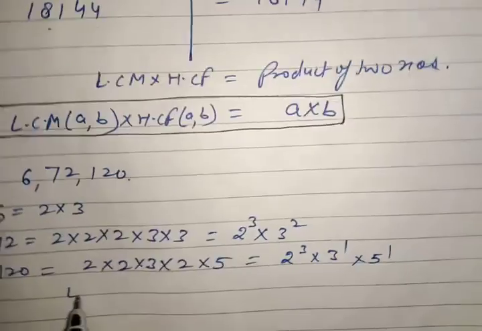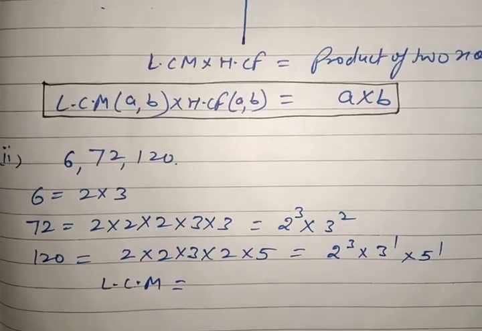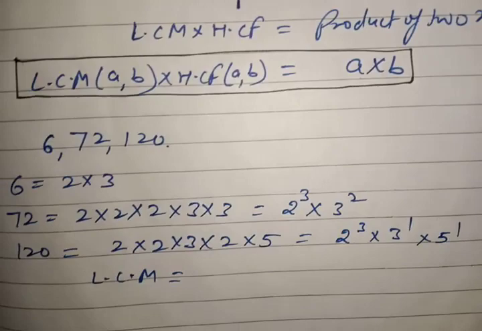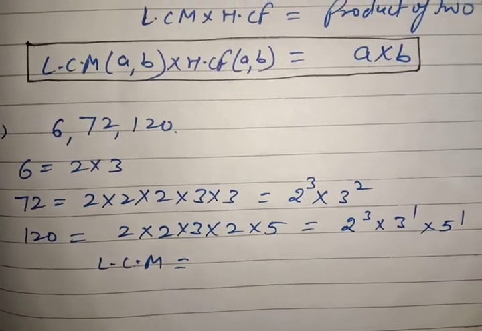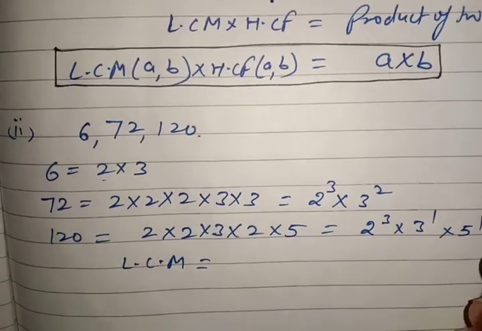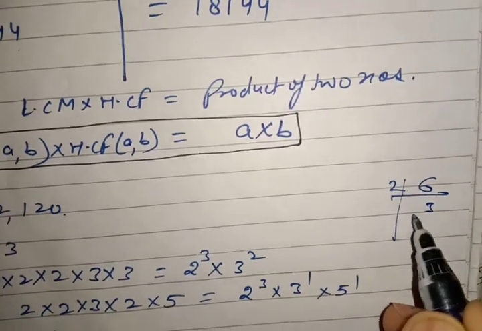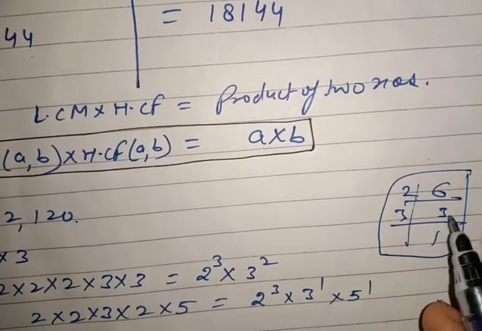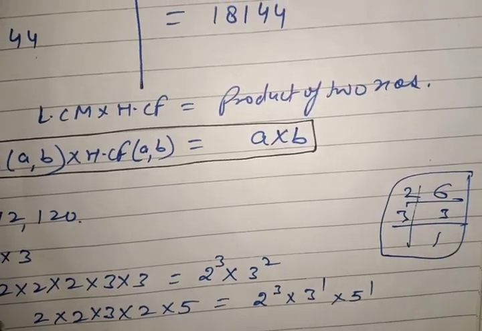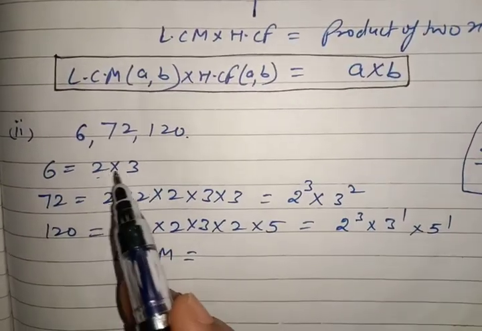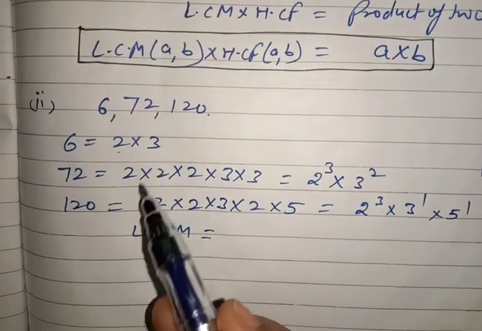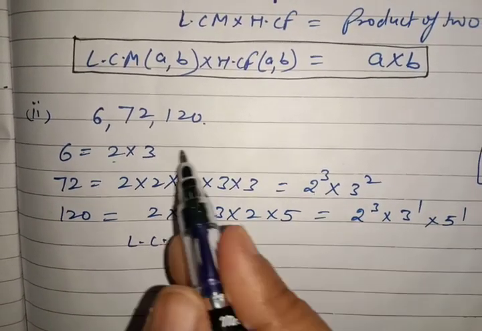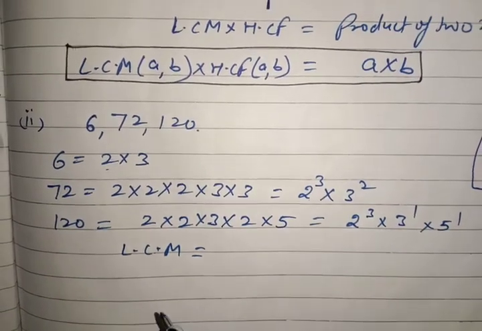Now we need to find the LCM. Whether you show these ladders of prime factors or you write directly, because you are in 10th, if you show it or don't show it, you will get full marks. You can write directly also. 6 is 2 into 3, 72 is 2 raised to power 3 into 3 squared. The teacher will check only this part, how to write prime factors.